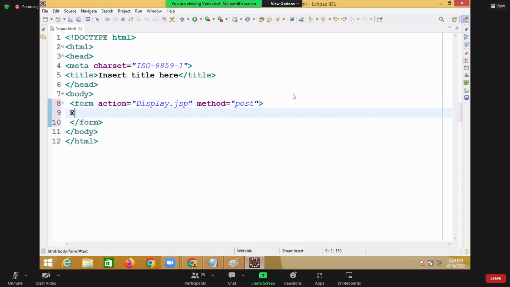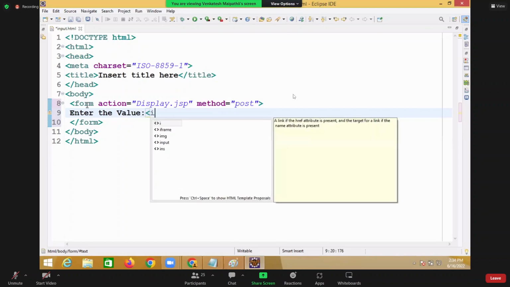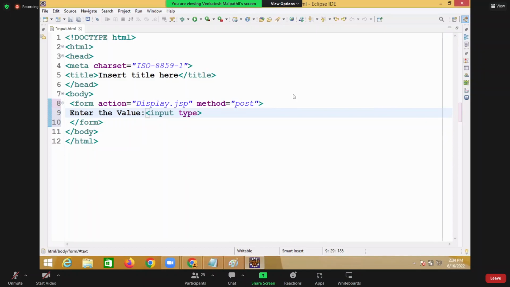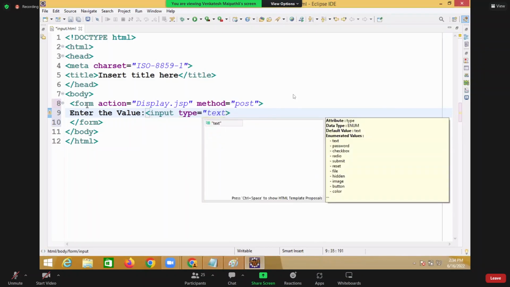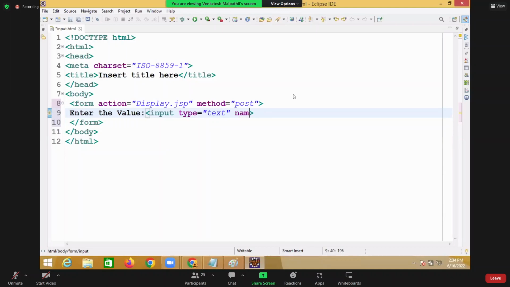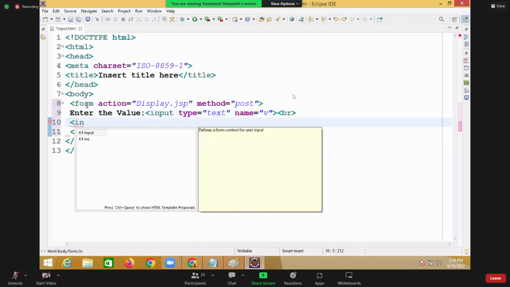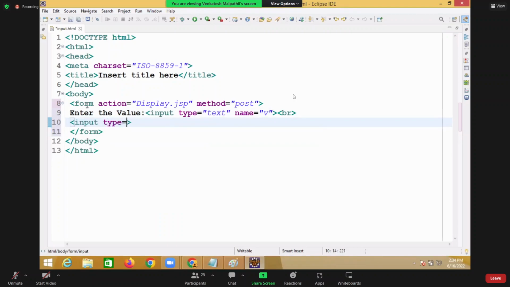Here enter the value. Input type is equal to text. Name is equal to V. Now input type is equal to submit. Value is equal to factorial. Whenever I click on the submit button, the data is submitted to